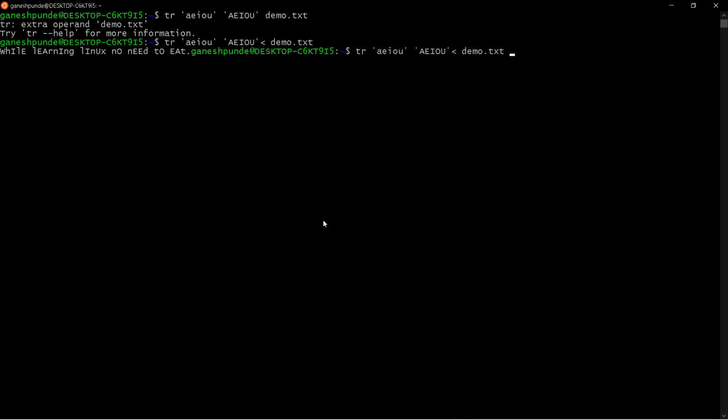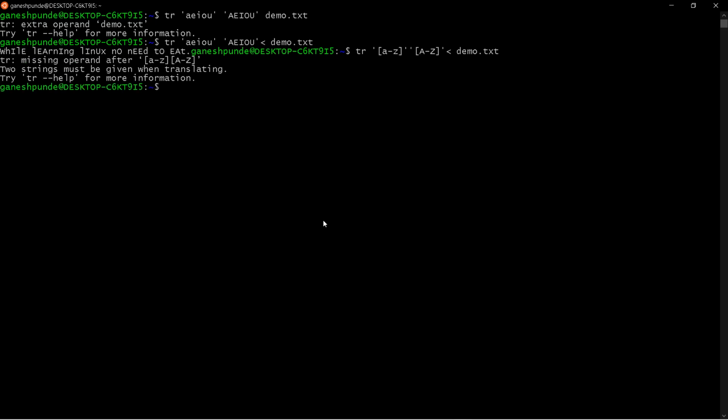Now suppose I want to replace the lowercase characters into uppercase, all right?